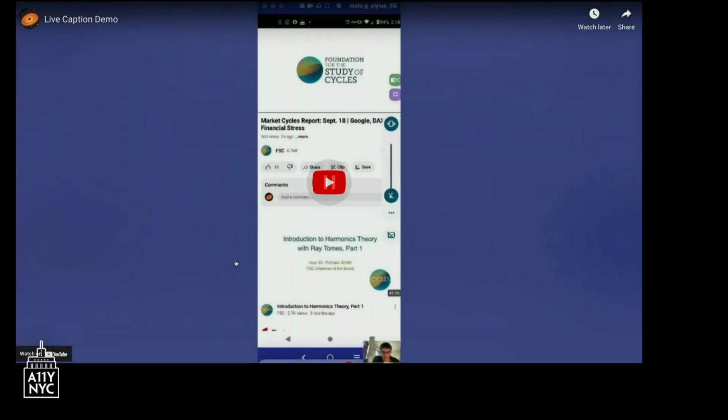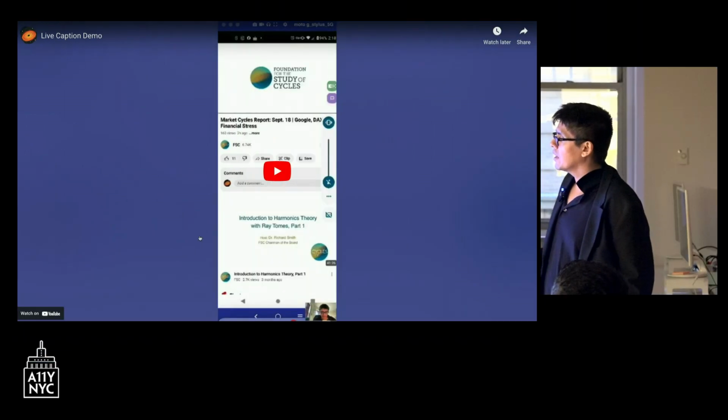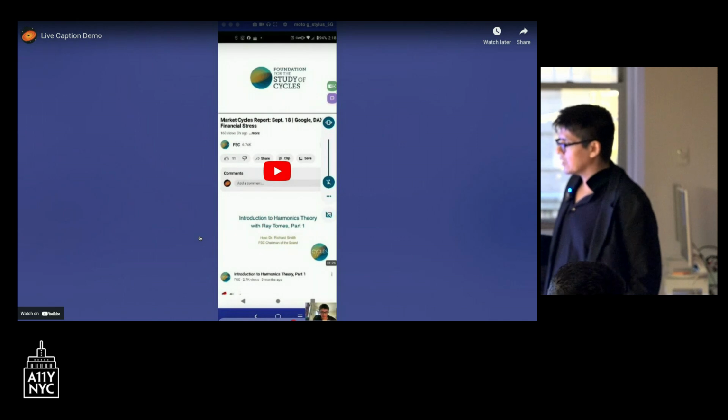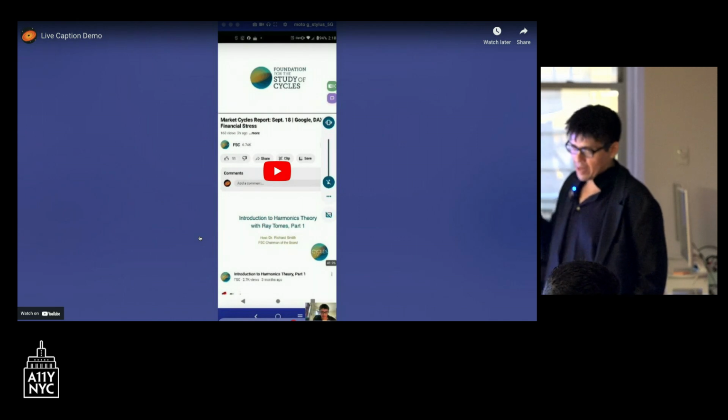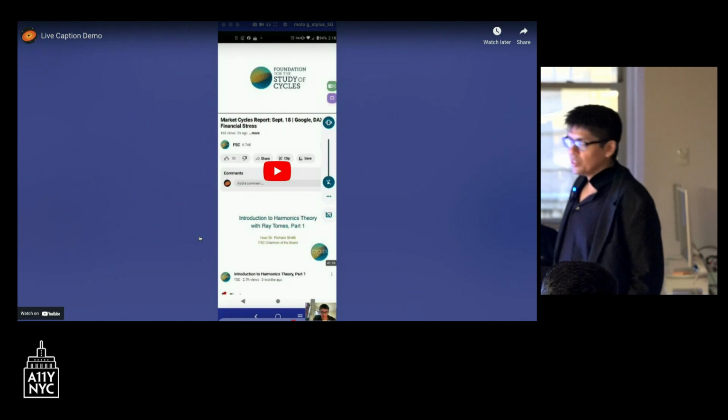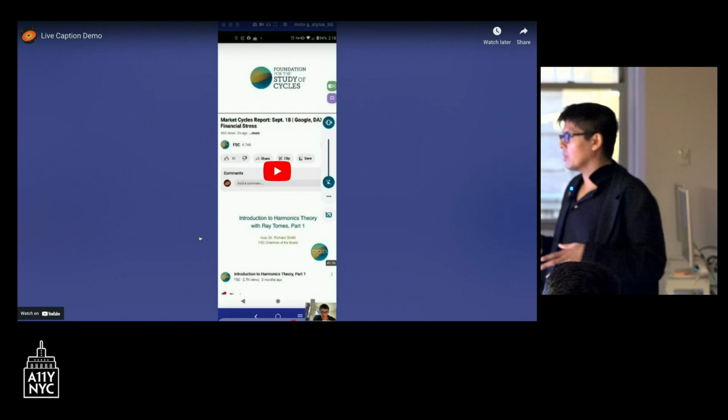So again, I could minimize that screen and the live captions would be on my home screen and I can move them around. It's just very useful for so many reasons, because there's many times where the captions are embedded in your video player application, and you don't necessarily want to have that application always open.